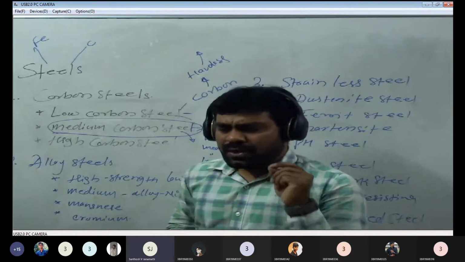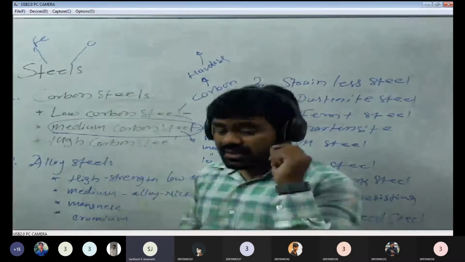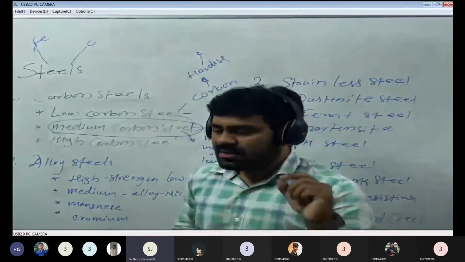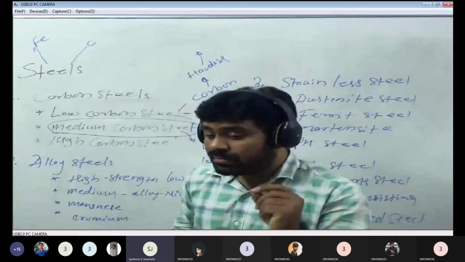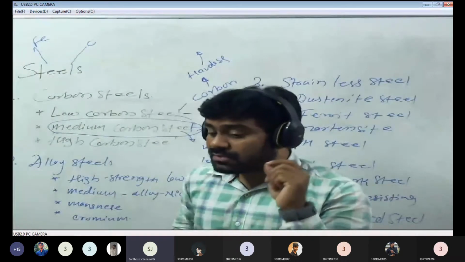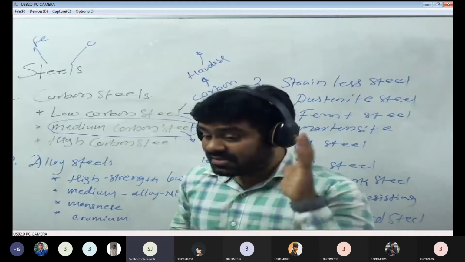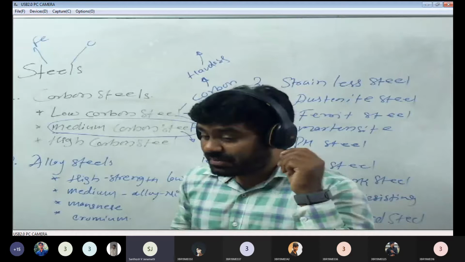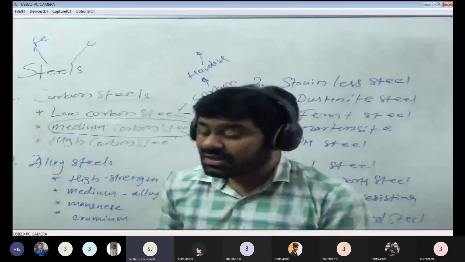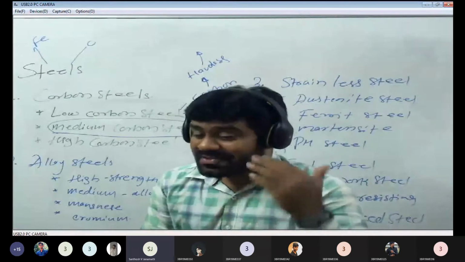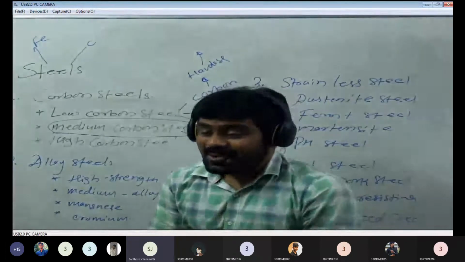Many locomotive equipment and tools are made of medium carbon steels. Basically, your railway track is made of medium carbon steel. Suppose your railway track were made of low carbon steel, what would happen? I leave it to your imagination. If you, as an engineer, suggested low carbon steel to construct locomotive applications or these tracks, what would happen?